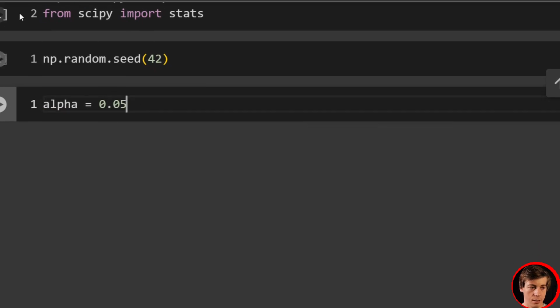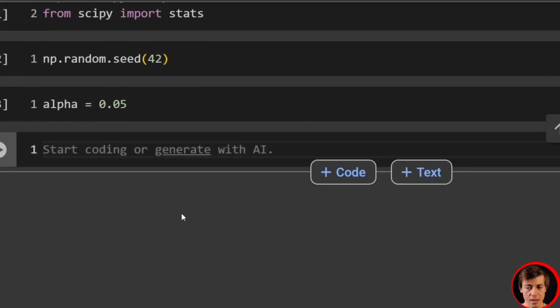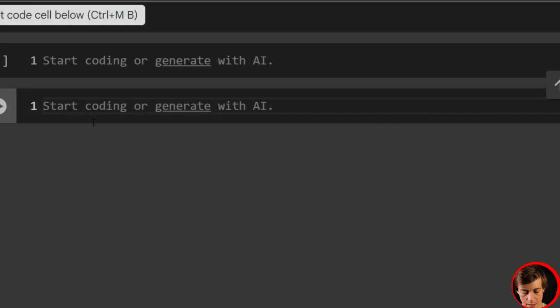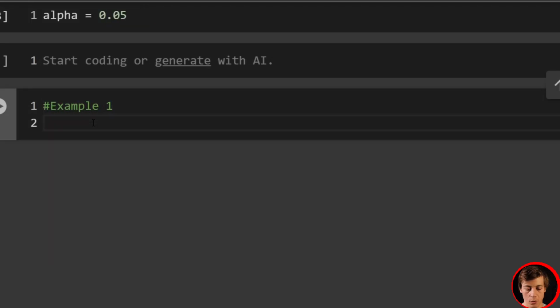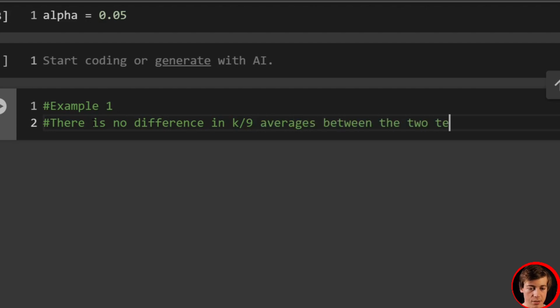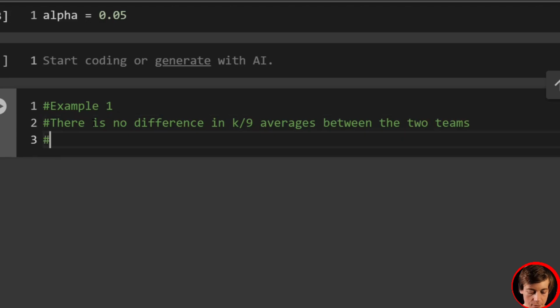All right, and great. So let's take a look at example 1, which is going to be a manual calc. So example 1. So we'll say there's no difference in K per 9 averages between the two teams. And we'll say there is a difference